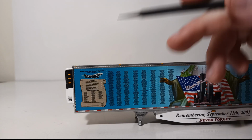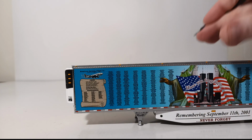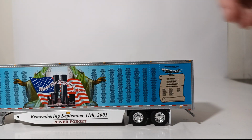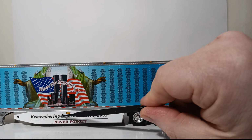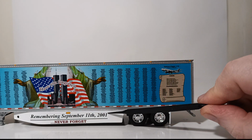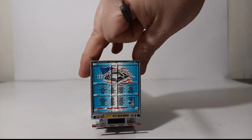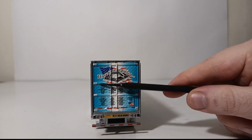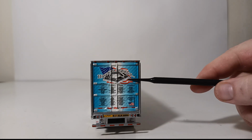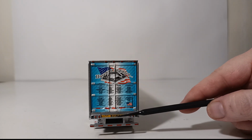Over here, we have American Airlines Flight 11, the crew and the passengers who perished on that. United Flight 175, the crew and the passengers who perished on the day. And then on the skirt, we have Remembering September 11th, 2001, Never Forget. The back of the truck, which does have opening doors, you have all of the victims at the Pentagon. Have You Forgotten? Again, a mural painting of the Pentagon, a flag, and a bumper sticker which reads the 9/11